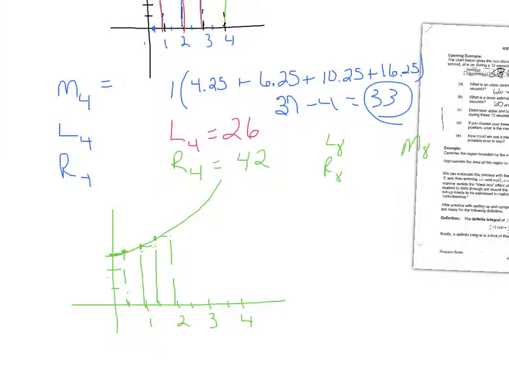Okay, let's think about how we could do this on the calculator. You can do the sum sequence thing or the sigma. So if we do the left at 8, you've got your sum, your sequence, f of x, which is what? X squared plus 3. What's dx this time? 0.5. Is that what we're changing every time? Yes, dx is going to be a half.